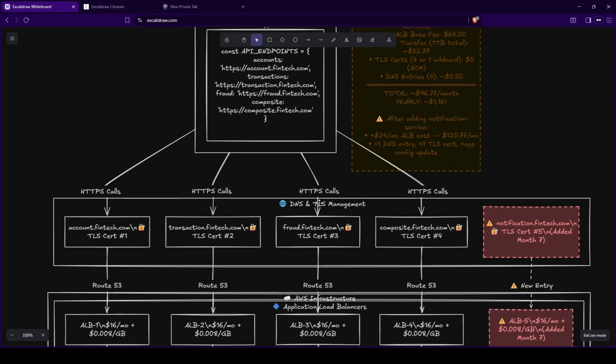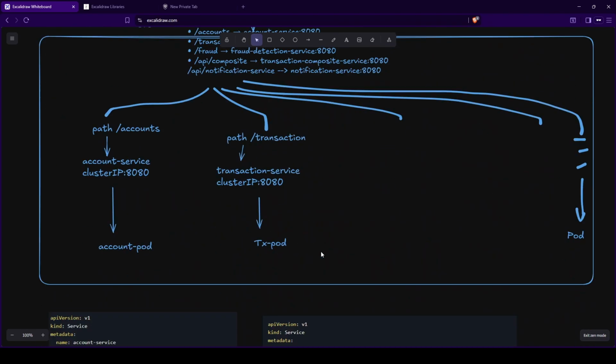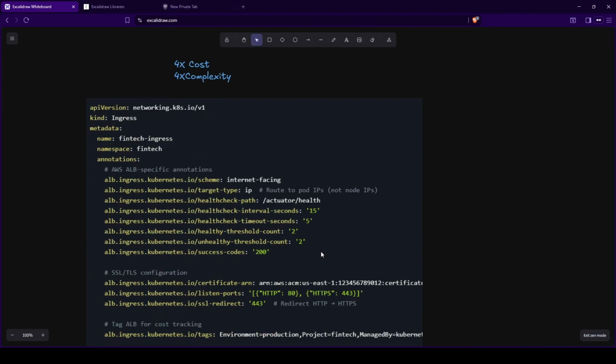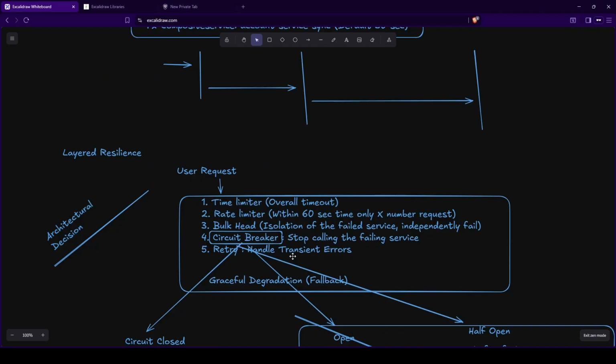We have discussed the ALB, how from multiple ALBs we can go into a singular ALB with the K8s ingress controller, and then we also took a look into our resiliency patterns, where we discussed time limiting, the rate limit, the bulkhead, the circuit breaking, and the